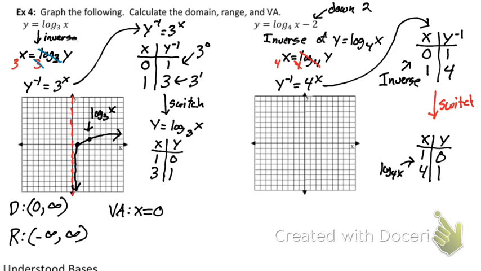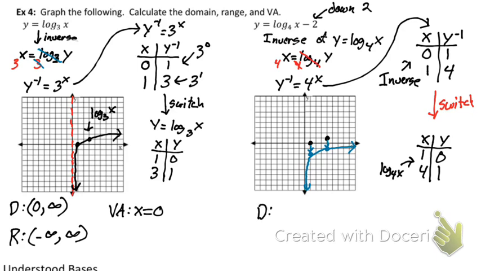So we're going to plot these 2 points, and then we're going to bring them down 2. So I'll plot those 2 points. We have 1, 0, and we have 4, 1. And then we have to drop them down 2 because it was log base 4 of x minus 2. So we'll drop those down 2. Drop these down 2. My horizontal asymptote is still in place because I didn't shift left or right. So we're going to have a graph that looks like that,